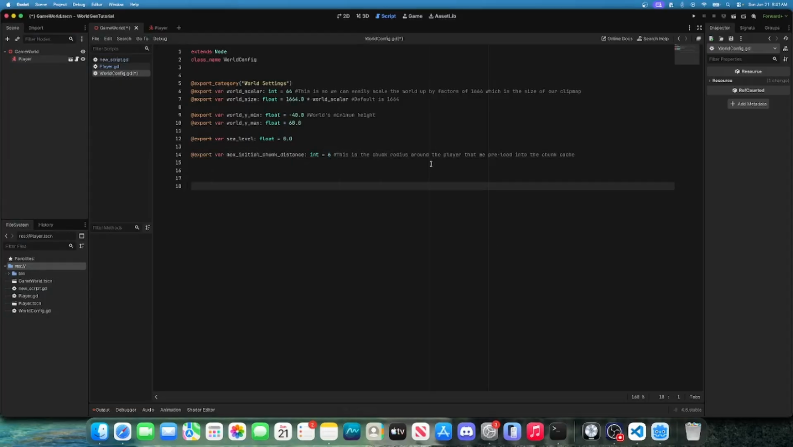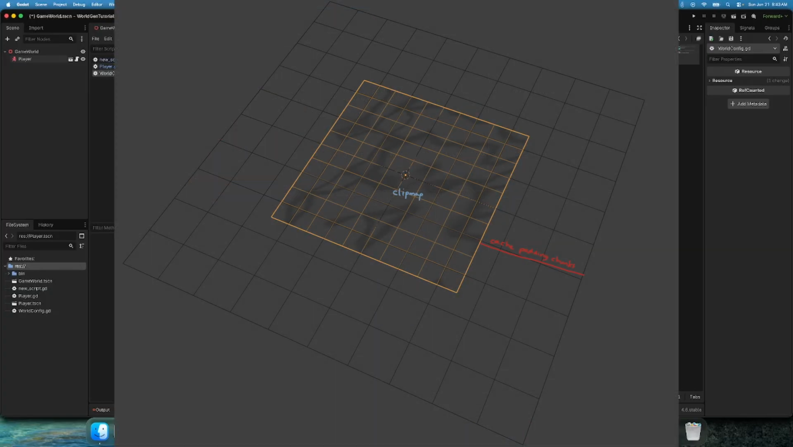So next I'm going to add a new export category called chunk settings. Set our chunk size to 256. So one chunk is 256 meters wide. And then here we have our cache padding chunks. So basically the chunk cache needs to have all the chunks for the clipmap area loaded so it can display the height data. But we also want to have a little bit of a buffer around the player so that when the clipmap snaps to a new location, we don't have to wait for chunks to be generated and or